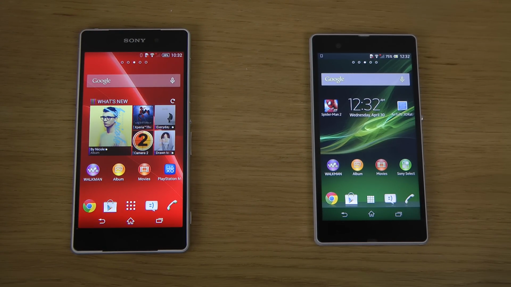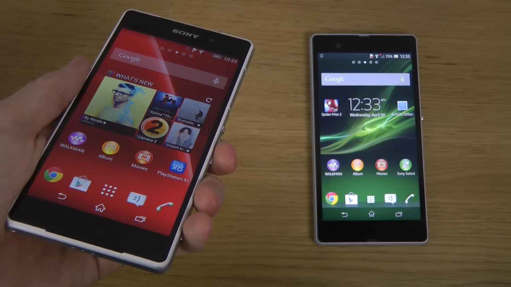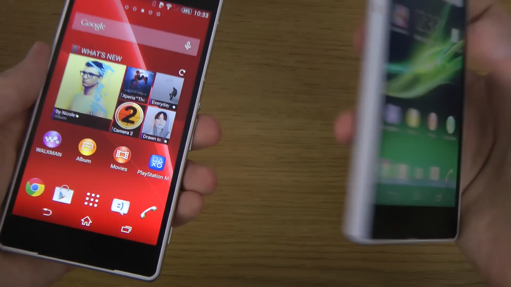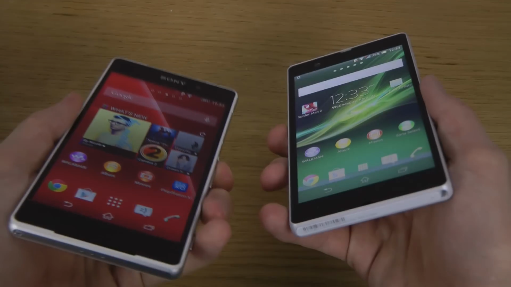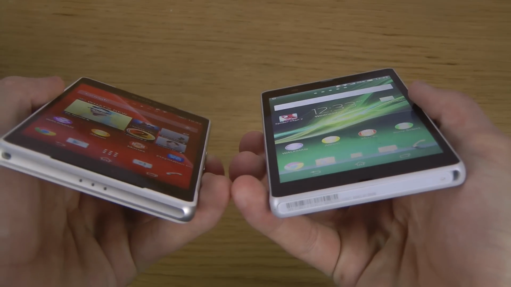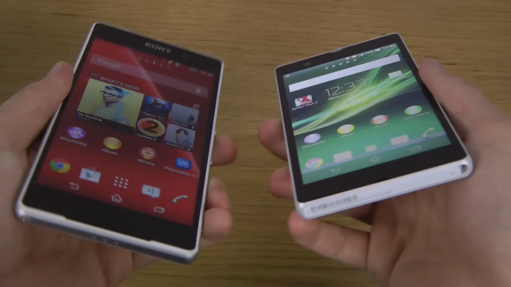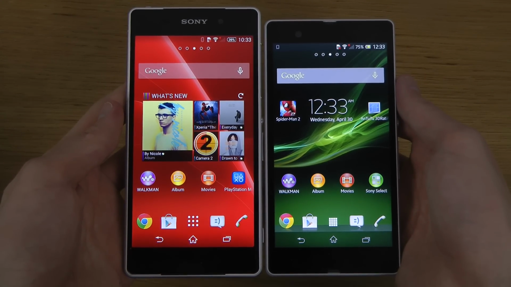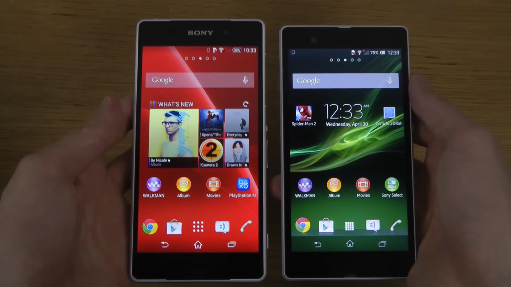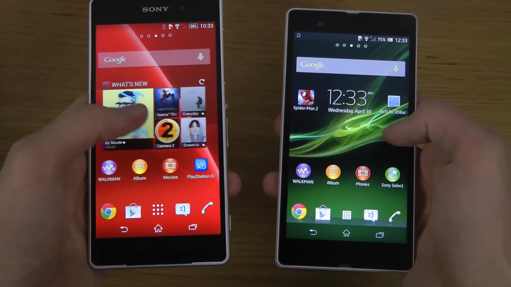First of all, we do have an IPS display here on the brand new Sony Xperia Z2, which is actually a way better display in terms of viewing angles compared to the original Sony Xperia Z that I have here on the right side. I mean, look at how horrible the original Sony Xperia Z's viewing angles are with the TFT display. Another little thing about the display is that it is bigger, so you get a 5.2 inch display, a little bit bigger than only 5 inch that you get on the Sony